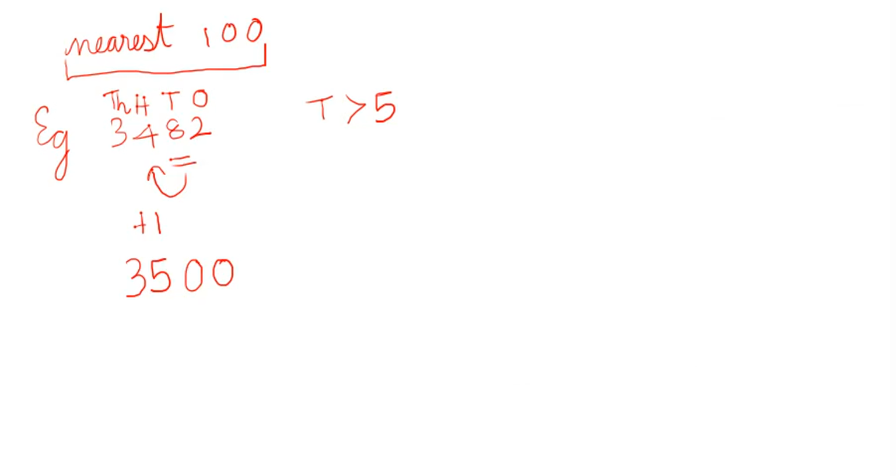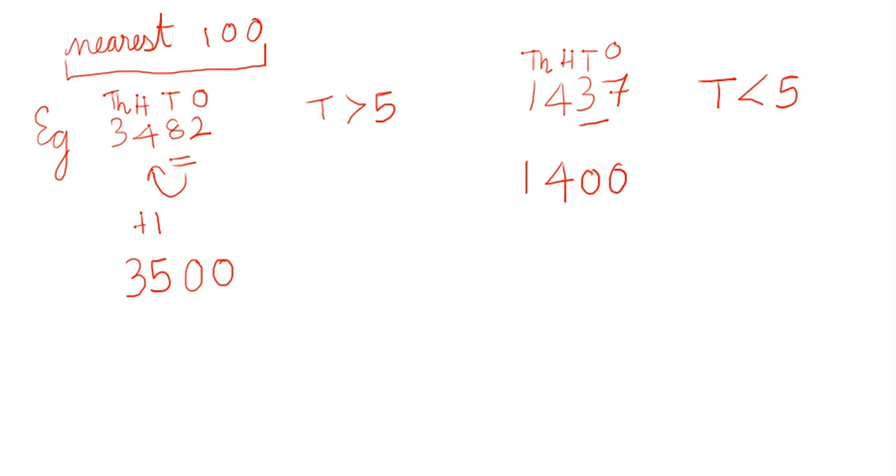We'll see another example, 1437. Again, this is your ones, tens, hundreds and thousands. You are asked to round it off to the nearest 100. So just have a look at your tens place. Here your tens place is less than 5, so there will be no change in the hundreds place. It will be 1 4. And you will have to replace your 3 and 7, that is your tens place and your ones place, by 0. So the answer is